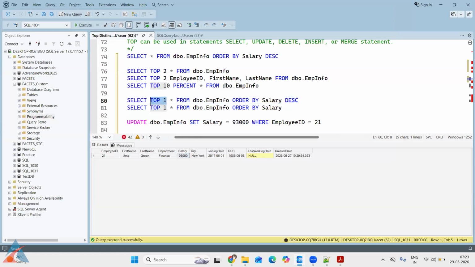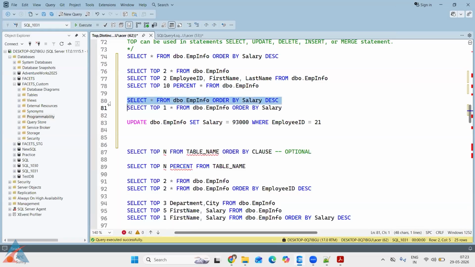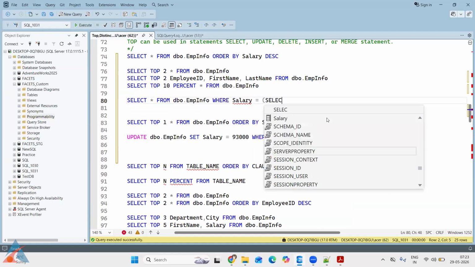Yeah, so if we are not using any number, it will show you all the records here. To see those values, like the top employees, there is something called a subquery that we are going to see in the future, but I will just show you. We wanted to see the employees where salary is equal to select